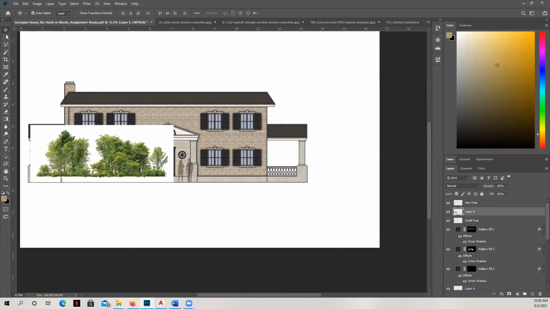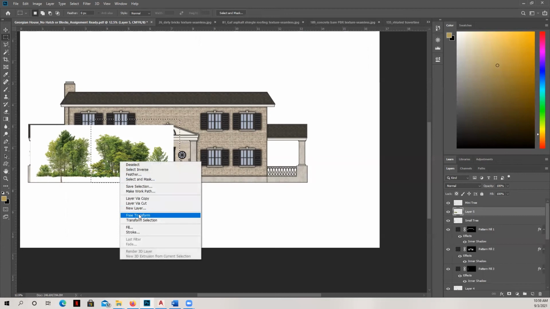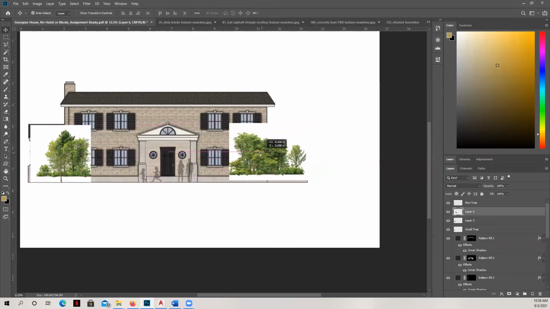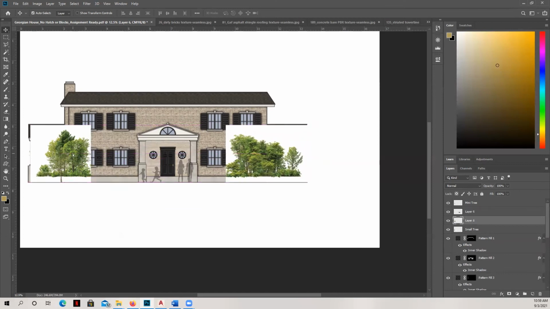porticos over there. And I'm going to split this in half because I'm going to use one image on each side and I don't want to stretch it. So we'll do layer via cut, and now I have two. I'm going to move this one over and put it back here, and I'm going to keep this one over here. So getting rid of backgrounds, and getting rid of backgrounds here as well.